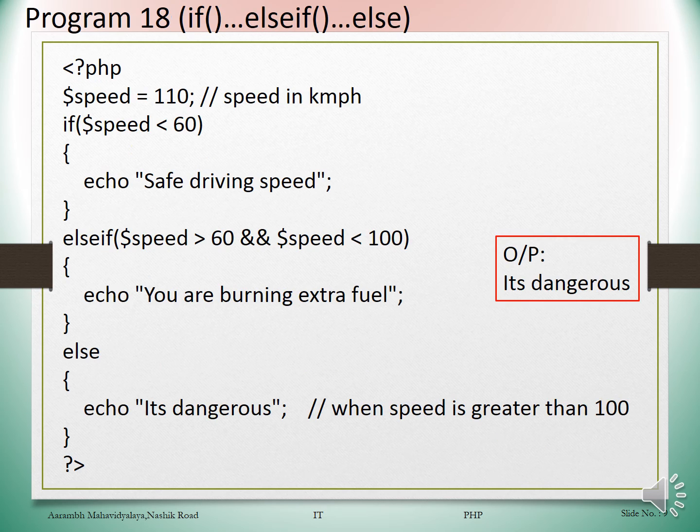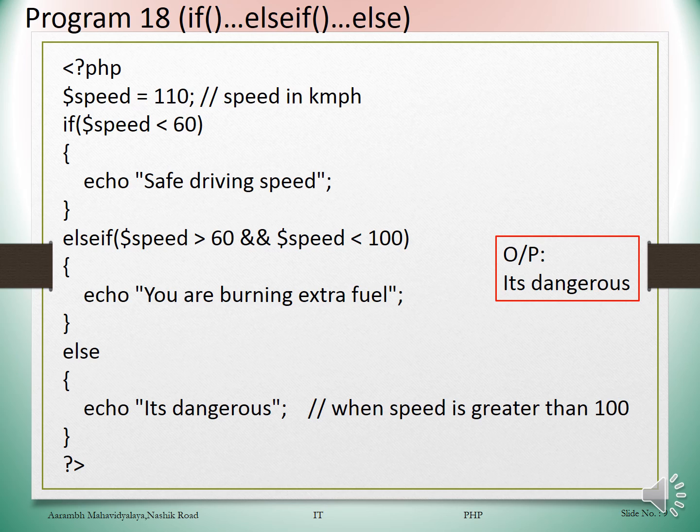One more, if else. It is also not given in your textbook, but you should know this. That is, you can check multiple conditions in a single program. Here speed is given with the value 110 kilometers per hour. Here if speed is less than 60, then the displayed data will be safe driving speed.